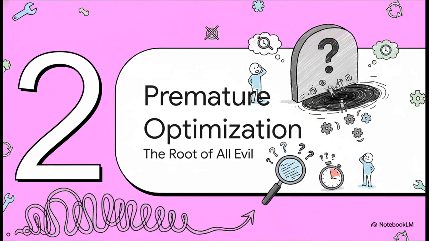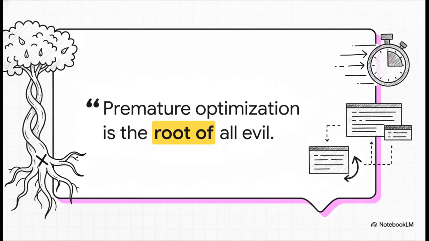This leads us right into our next big topic, avoiding premature optimization. This is probably one of the most common traps in software development. This urge to optimize code for performance before you even know if there's a problem that needs fixing. The legendary computer scientist Donald Knuth absolutely nailed it with this famous quote. The point isn't that optimization is bad. Of course not. It's that premature optimization is bad. You should only spend your time and energy making things faster after you've measured and found a real, actual bottleneck